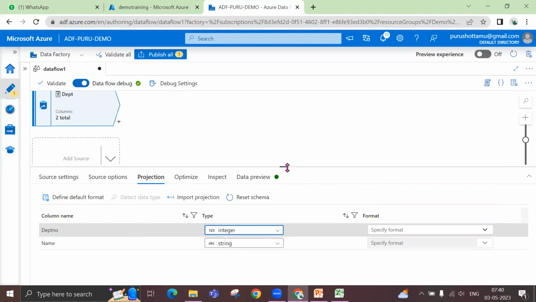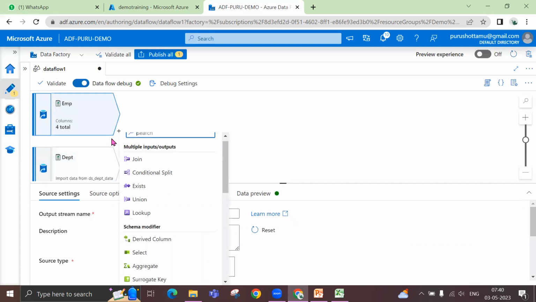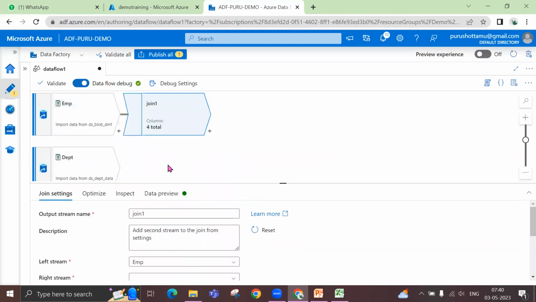Now, okay, so now we have both the things, right? We have two data sets. One is employee and another one is department. Now, if you see the first option, when you click on this plus sign, you will see a lot of the transformations that we can do. So let's join these two. Simple. If you click on join, automatically the join comes over here, and you can name it. So since it's the employee department join,